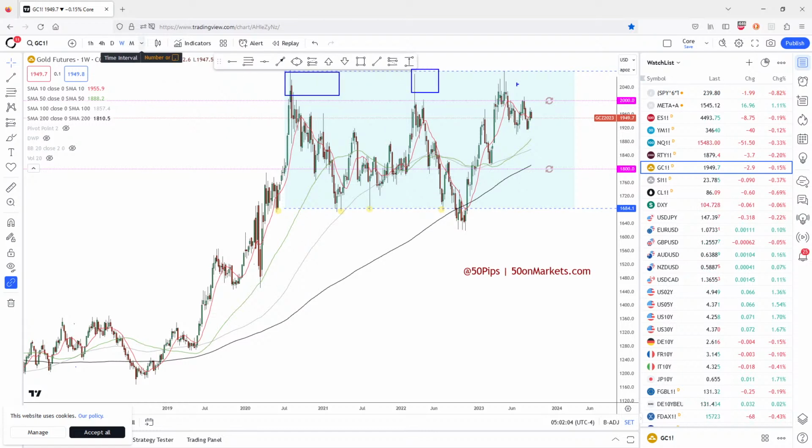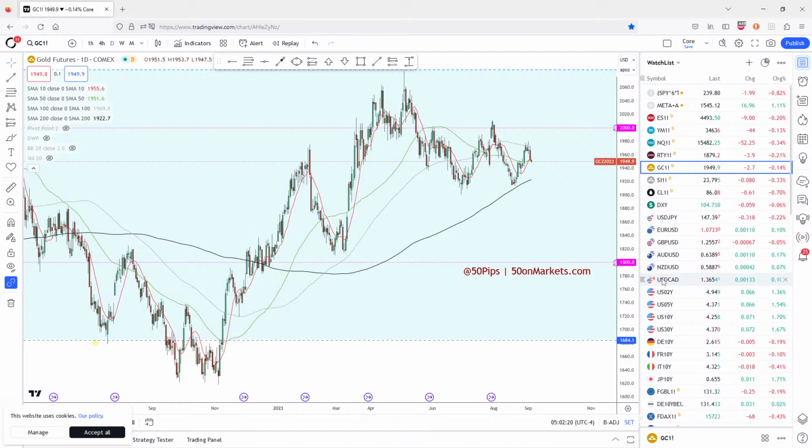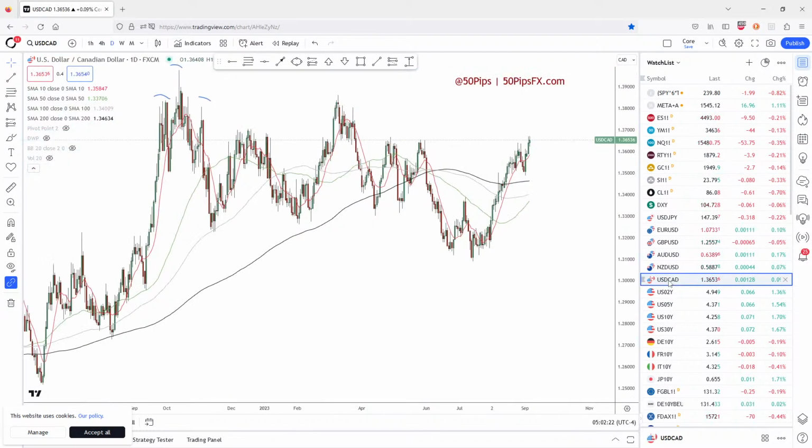So this is just a huge choppy area. But right now we're in a phase where everything's fairly in sync. So there's really no need to make it harder than it should be, right? You just look at what the dollar is doing and rates are doing, and most things are going to follow.